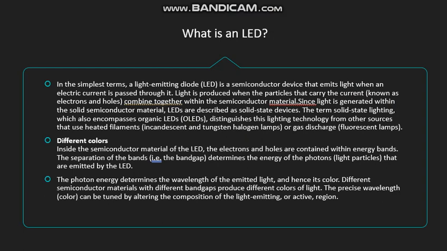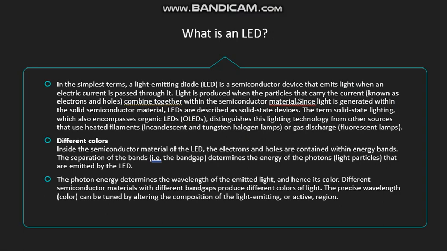What is an LED? In the simplest terms, a light-emitting diode is a semiconductor device that emits light when an electric current is passed through it. Light is produced when the particles that carry the current combine together within the semiconductor material. Since light is generated within the solid semiconductor material, LEDs are described as solid-state devices. The term solid-state lighting, which also encompasses organic LEDs, distinguishes this lighting technology from other sources that use heated filaments or